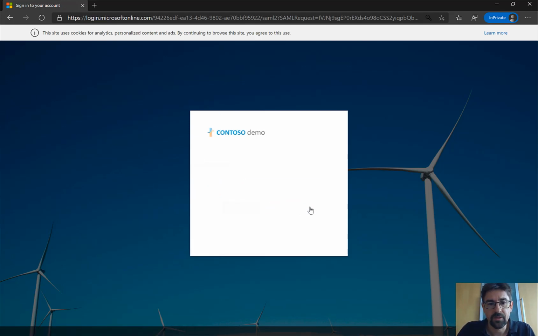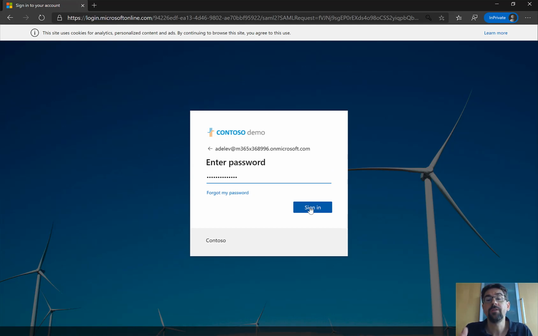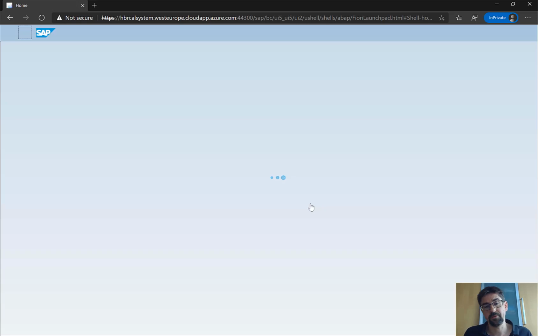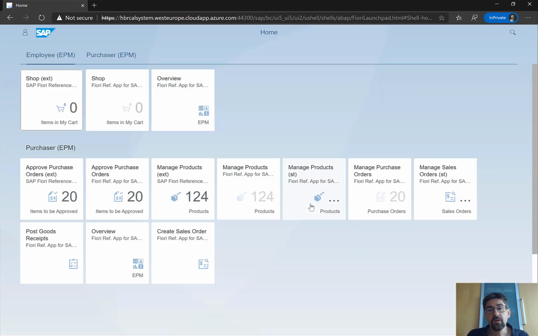I click on next. So obviously I'm prompted for username and password. I could have a two-factor authentication, but now that I'm hopefully authenticated against the Azure Active Directory, everything is fine there. I'm redirected back to the SAP system, and hopefully in a second I should see the Fiori Launchpad here in my SAP system. So with this, we basically have the foundation of connecting your SAP system with the Microsoft world. Because from now on, when I call Outlook or when I call another SAP screen, I have already authenticated. And that obviously means that I don't need to enter my credentials again.